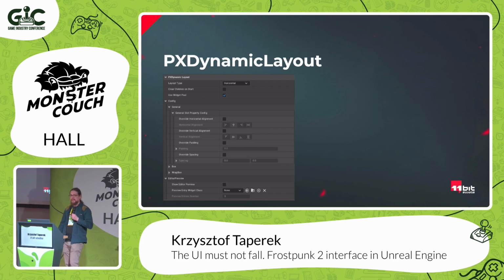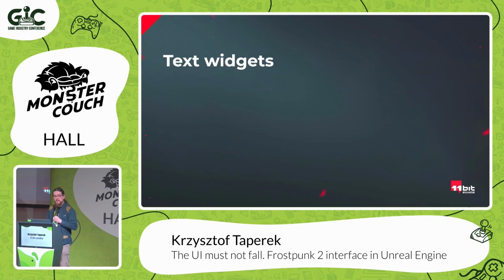I don't know why it's not the basic Unreal mechanic. And it has all configuration per slot. Usually when you use layouts in Unreal, you have to set properties on every slot manually. So if you want to put margins or paddings between elements, you have to do it manually for every single one of them. It should be done on the layout side, of course, so we just do that.